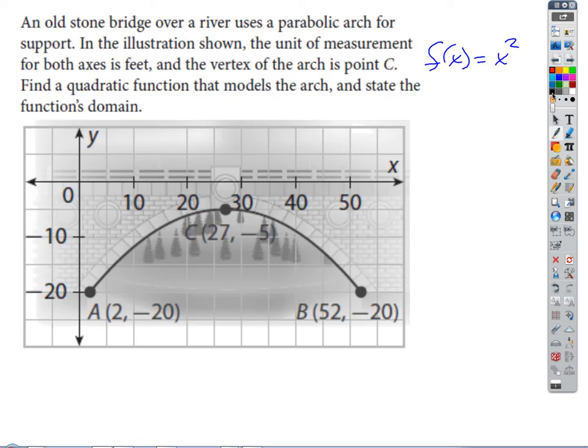Okay, so g of x, which is this new function down here. What are all the possible tweaks I can do to f of x? Okay, so I've got an a that's going to be out front, right? That's going to control the vertical stretch and reflection over the x-axis, vertical reflection and stretch, right? Times f of what? Okay, 1 over b. So I've got my 1 over b times x minus